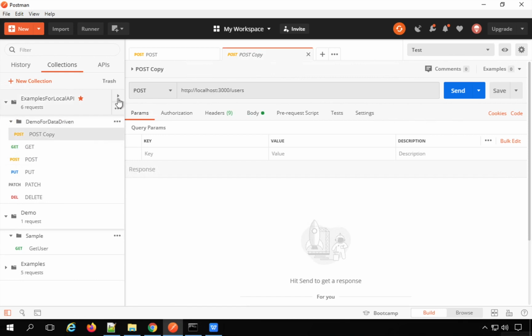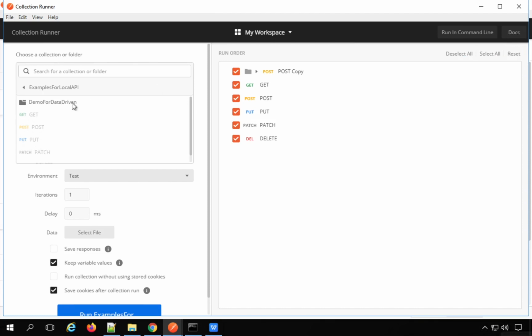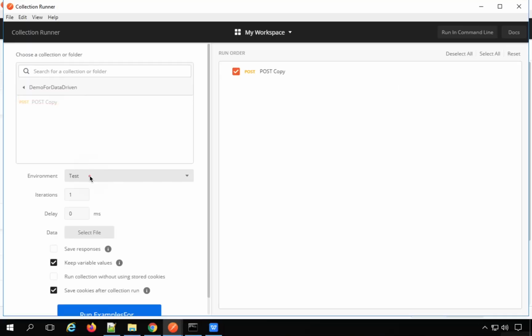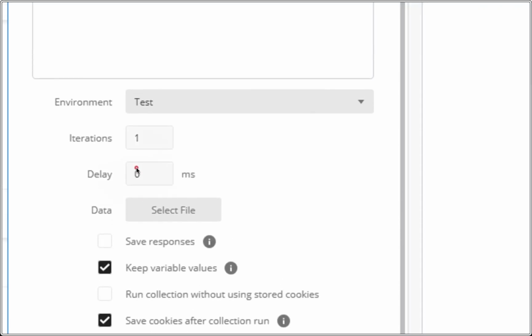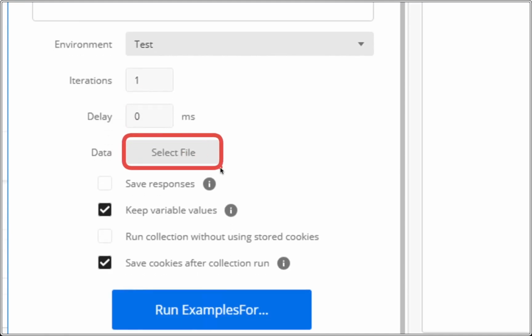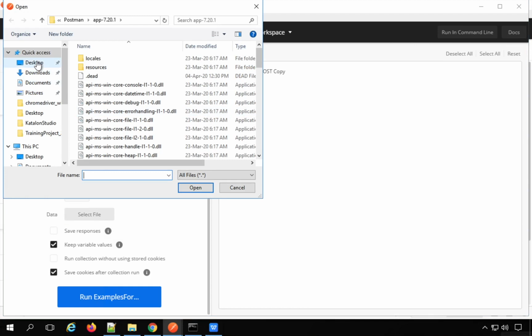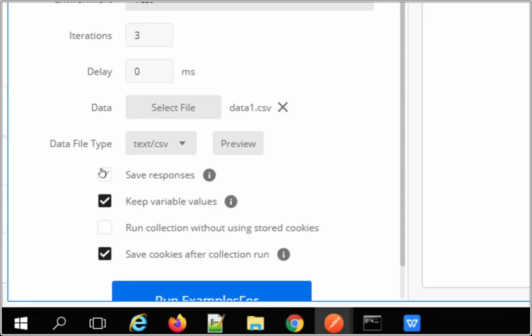folder. Now if I go to the collection runner, on the collection runner window, now I will select this folder demo for data driven, so that it will only run my post copy request. And here the environment is test, and now here we have the option to select the data file. So I will select this and go to my desktop, select the CSV file, and you can see it has